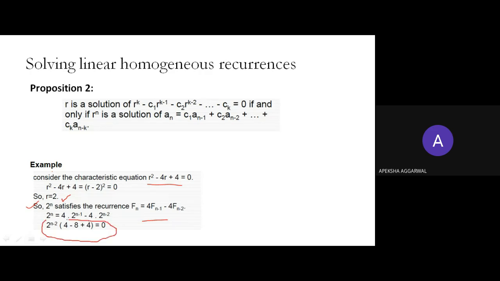This is exactly what we want to find out: a solution for the recurrence relation given to us. And this would be the solution. This does not depend upon f_(n-1) and f_(n-2). So we want to reduce this dependency on previous function values to a new function of n. Clear? Any doubt, anyone, in this solution?